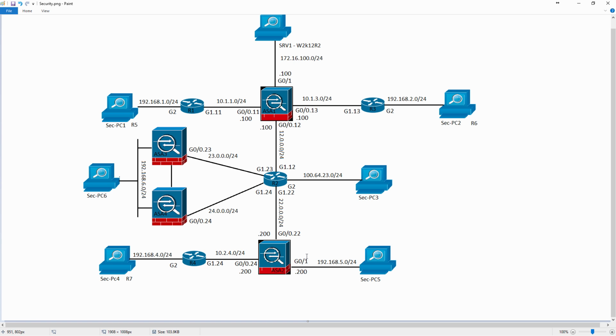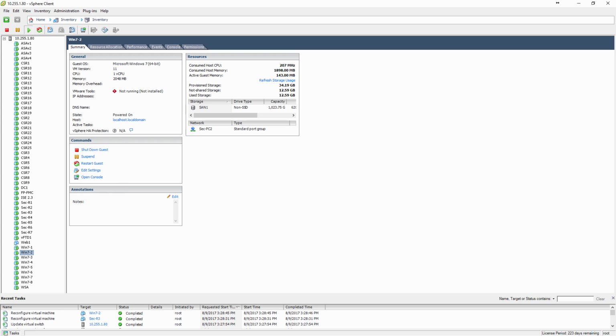So I'm going to have to come in here, and actually I need to make a third one for server 1, which is going to be like a domain controller. I'll take care of that one at a later date. But I need to put ASA2 Gig 0/1 into Security PC5. So I'll bring this guy back up, and on ASA2